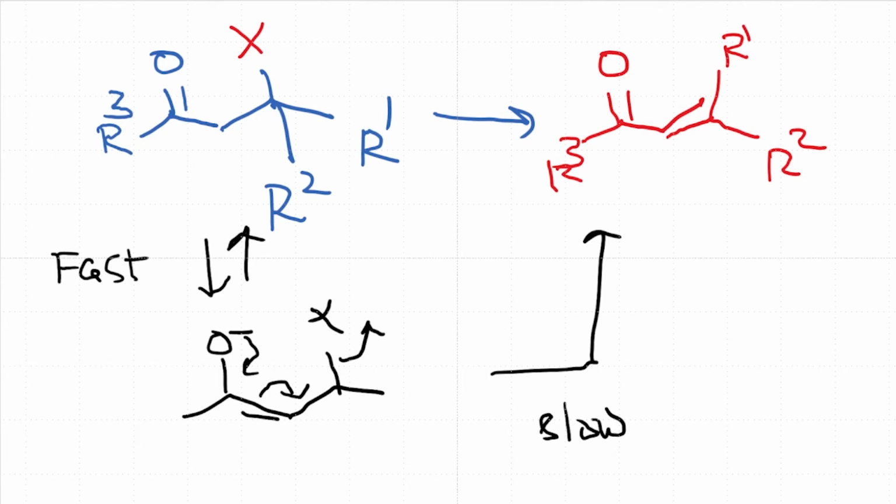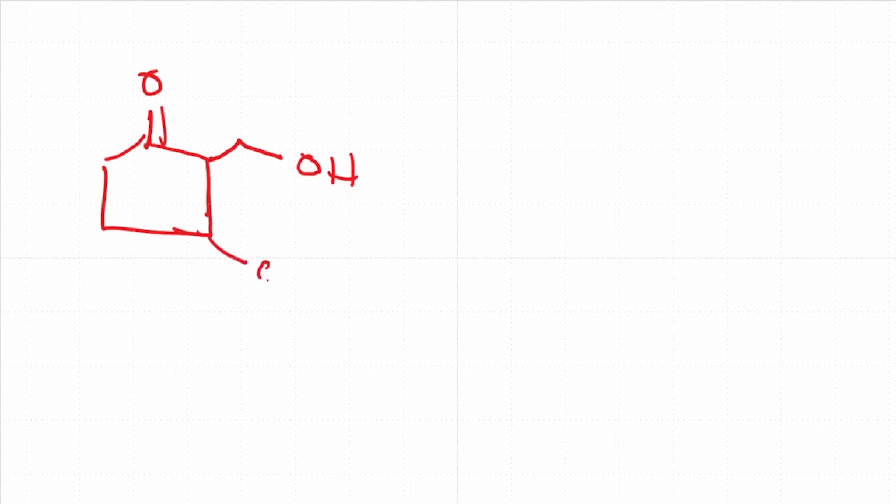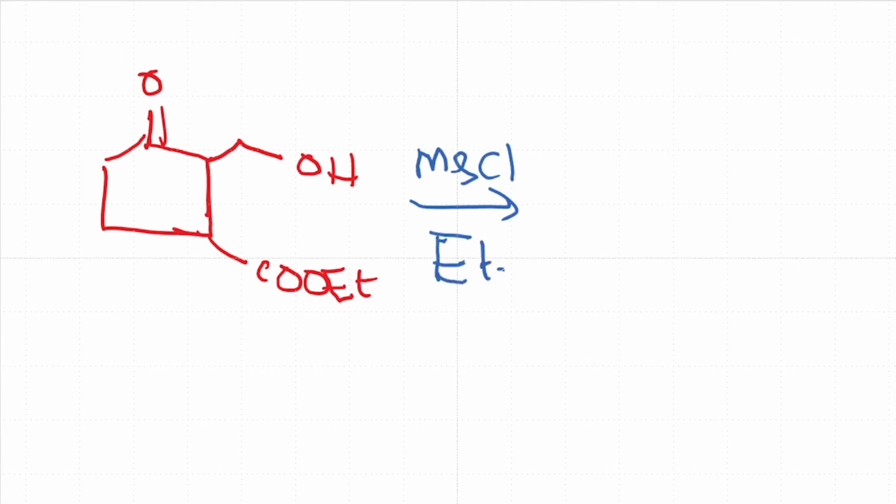Now let's look at a couple of examples. So what we can also do in one of these experiments is, since hydroxide ion, although it can leave in principle, we can also promote this reaction by converting this into a better leaving group. So we can use mesyl chloride or tosyl chloride, in the presence of a mild base such as triethylamine, and the product that we are expecting over here is